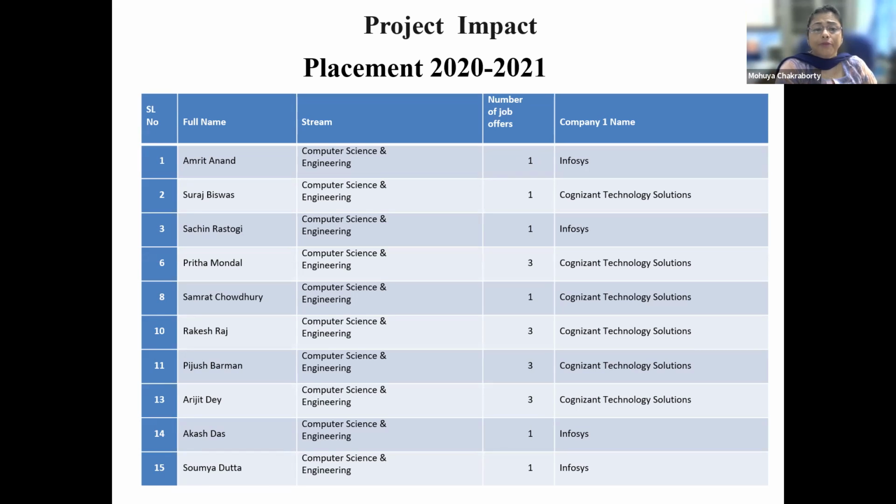If you have some document, not placement data, because you cannot show placement data now. Any EDC improvement or something like that. Yes, ma'am, the business proposals invited from the students were analyzed in the EDC cell.